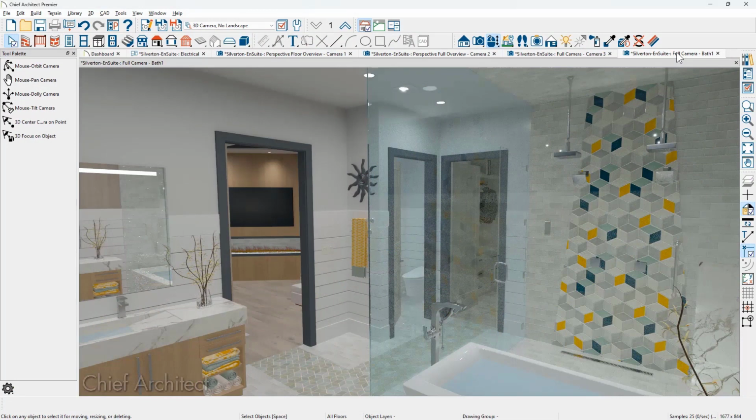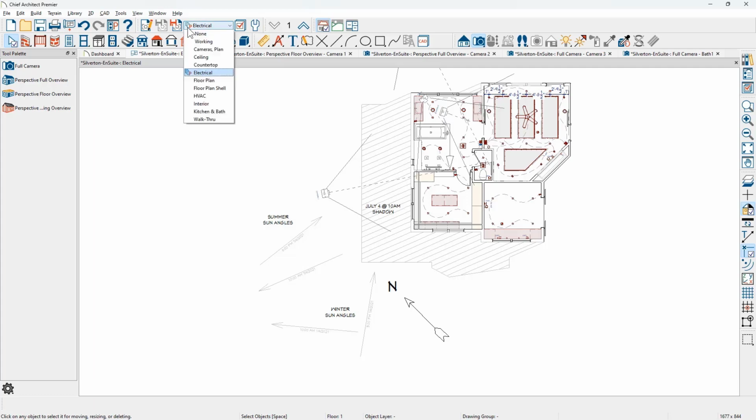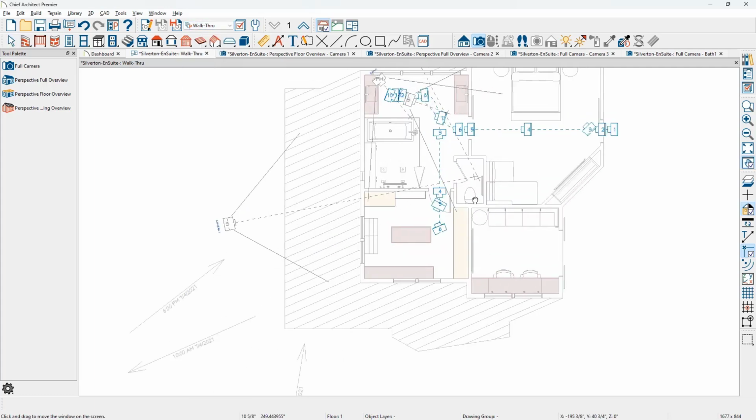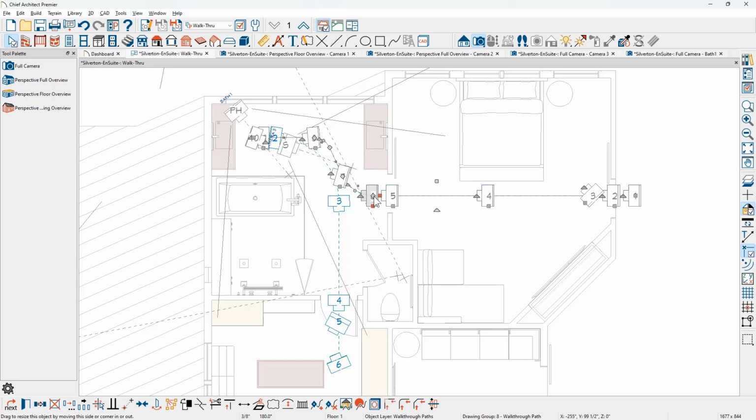One final export that I'll leave you with in this session is the ability to export a walkthrough or virtual tour. As I move back over into the floor plan view, I specifically like to create and have a layer set for walkthrough. In this example, you can see the walkthrough path that I've created here. When you click on this walkthrough path, you can get a preview of that by coming down and clicking on